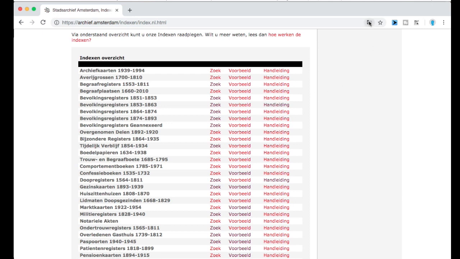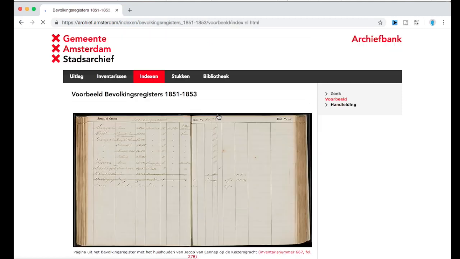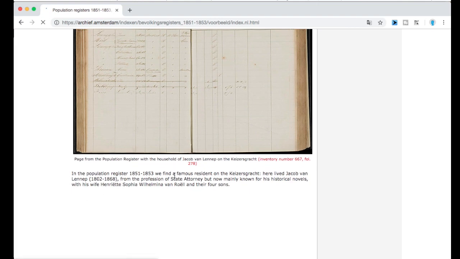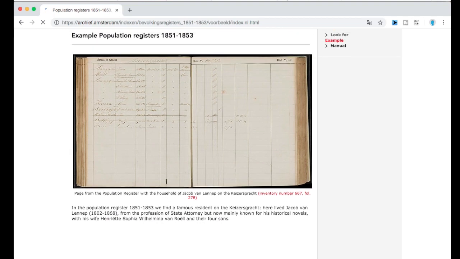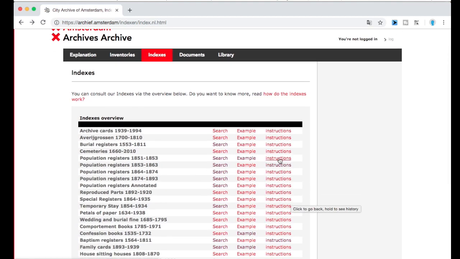I'm probably pronouncing that terribly, so don't take my pronunciation as the truth. But when we translate that, you'll notice it says search, example, and instructions. And just as it says, if we do search, that's going to search it. Example, and we're just going to click on this, it's going to show you the actual example, and it's going to give you an explanation of what you're looking at in the example, so how you can basically pull information out of it. When we go back and we take a look at instructions, the instructions are just going to